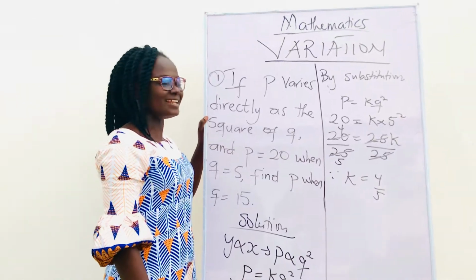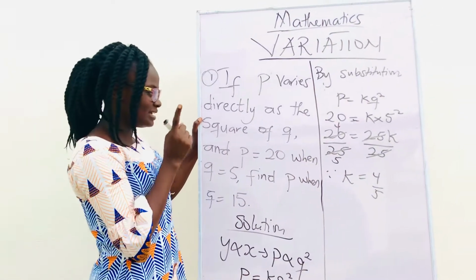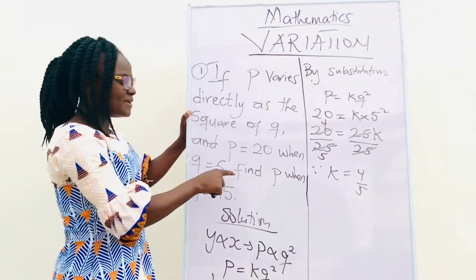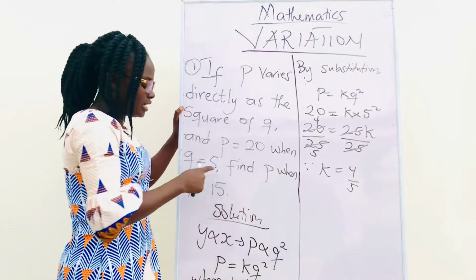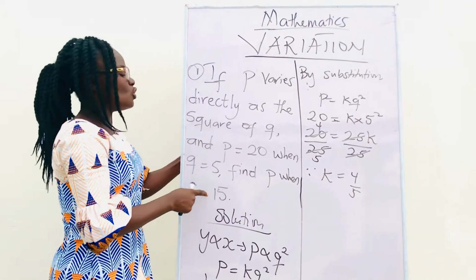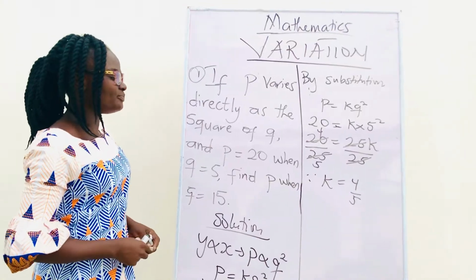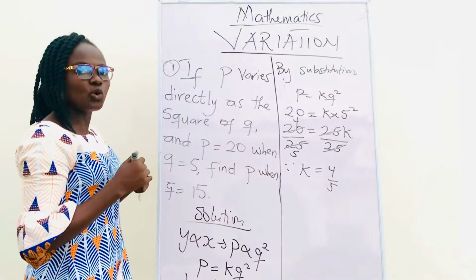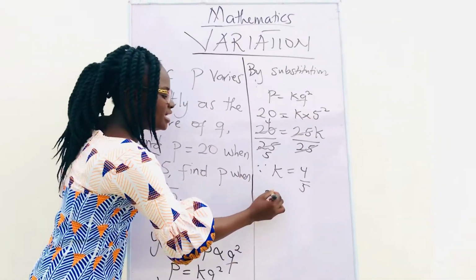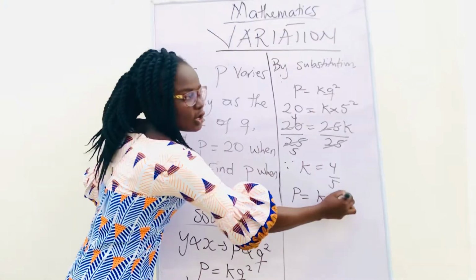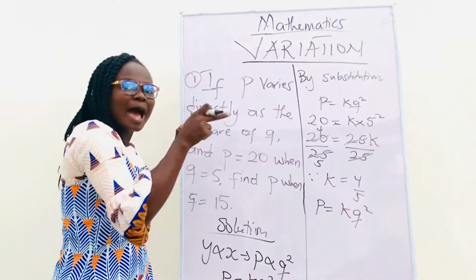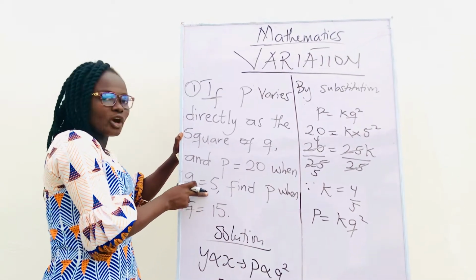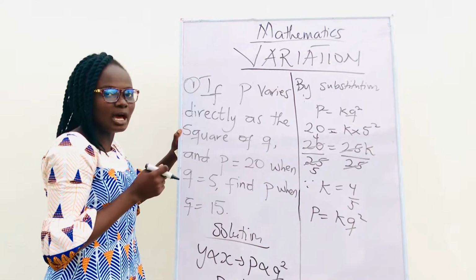And that is excellent. You are not done. We have the second part of the question. The second part is find p when q is 15. So how do we find our p? In this case, you reconsider your first equation. That was p equals kq squared. Now you have your k. So substitute the value for q into your equation now. And that is